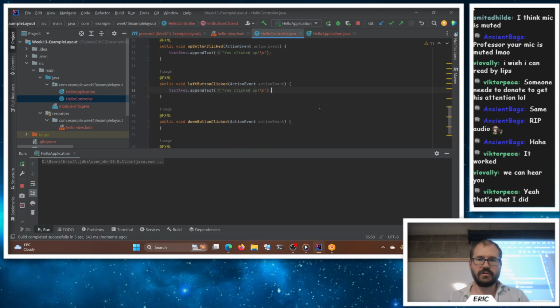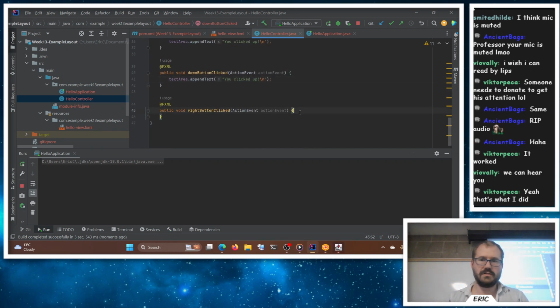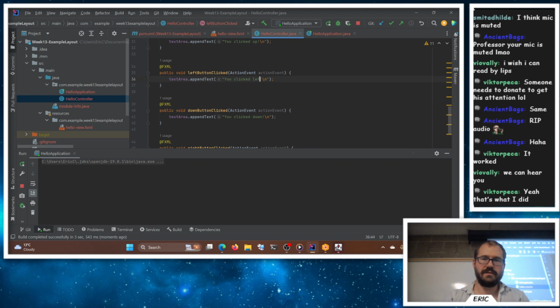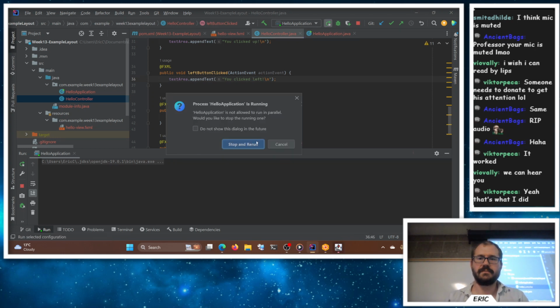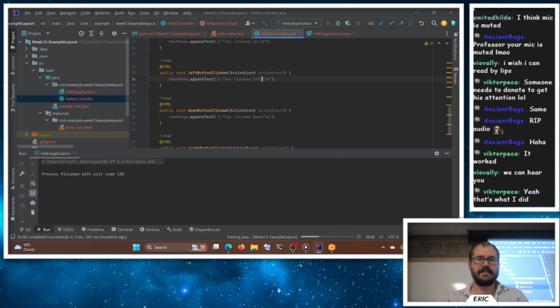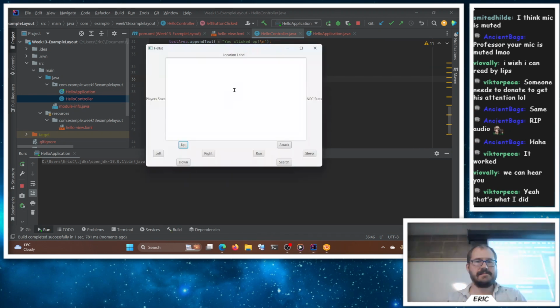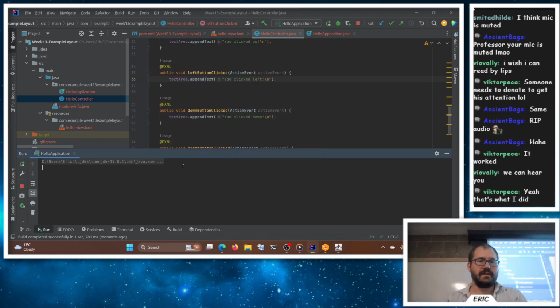So you go left, you go right, you go up, you go down. You click down, you click right, you clicked left. Okay, there we go. And let's restart. So now I should be able to go up and right and down. Oops,